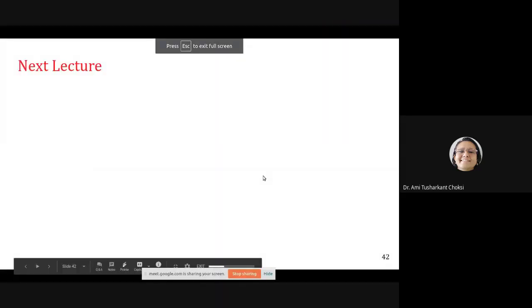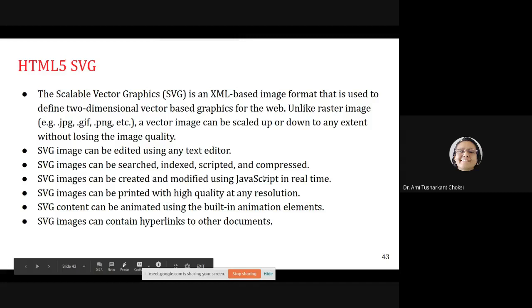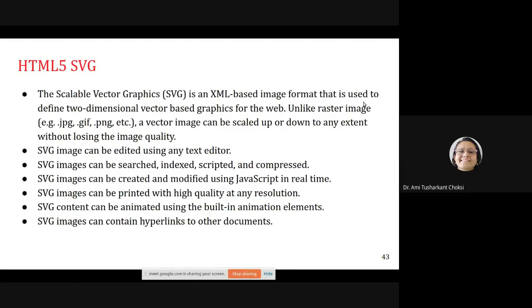So now we want to know about SVG. That is Scalable Vector Graphics. It is an XML based image format that is used to define two-dimensional vector based graphics for the web.